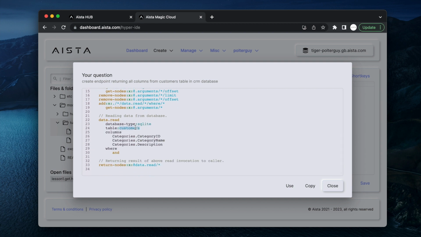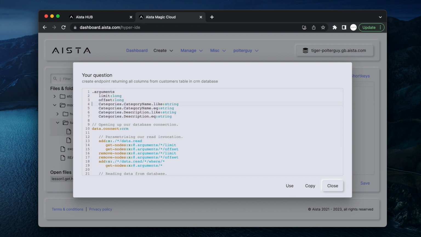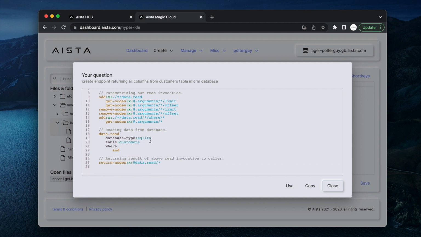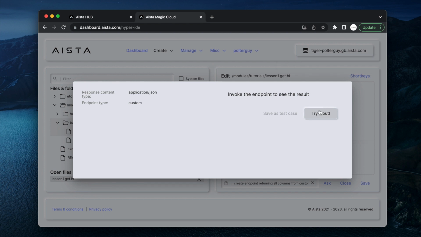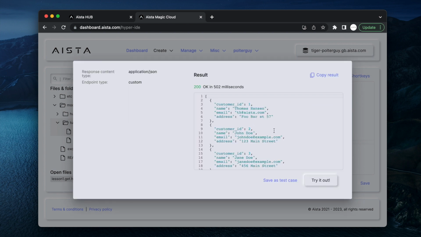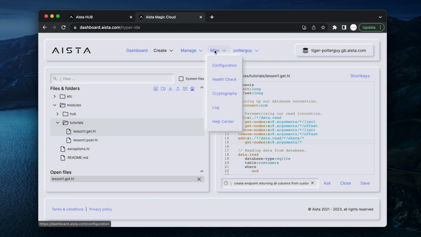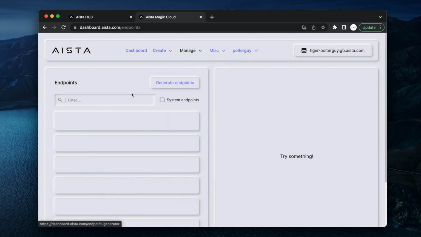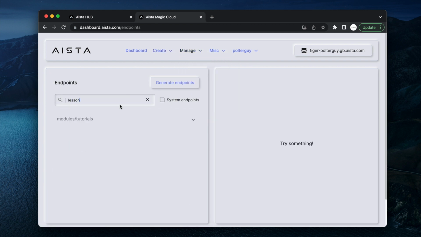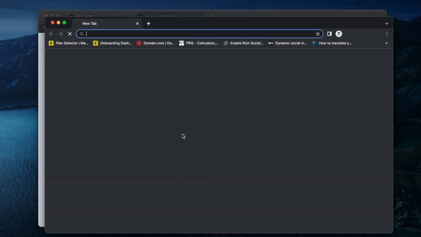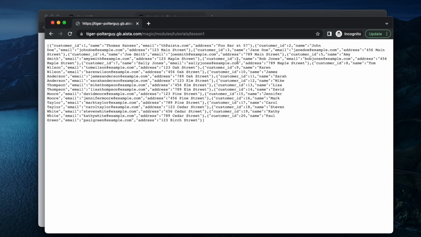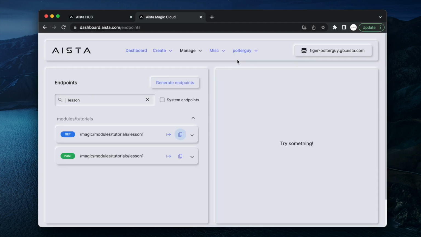CRM, customers, we don't need columns, and use, save, let's try it. And it kind of works at the very least. And of course, the point being that now we have an HTTP endpoint. If we find lesson 2 here now, let me just verify it by opening up an incognito window, at which point you can see the JSON is being returned. So, and that is